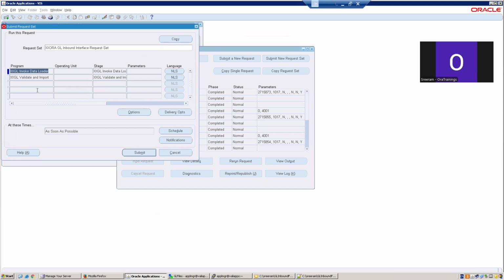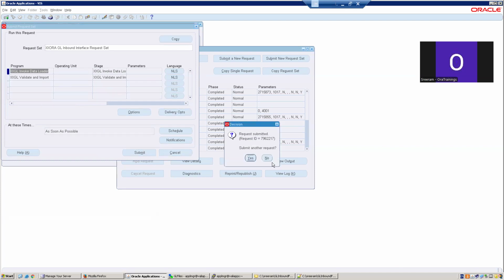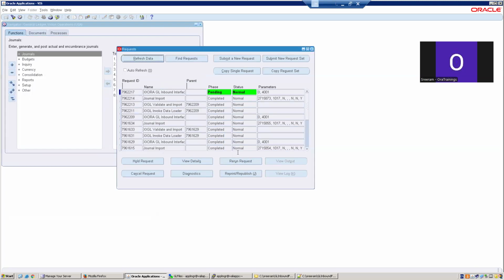This has two concurrent programs. The first one is a shell script and the second one is a PLSQL. I'll explain the logic behind it in detail. For now, you can understand that I have a request set and there are two concurrent programs: the first is a shell script, the second is a PLSQL program. I'll click on submit. The expectation of this program is that it has to read the three